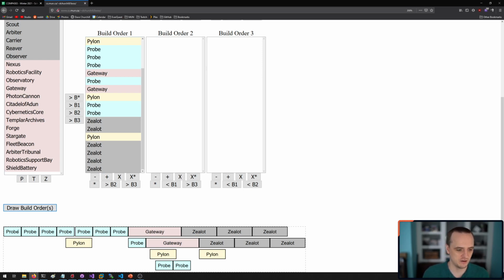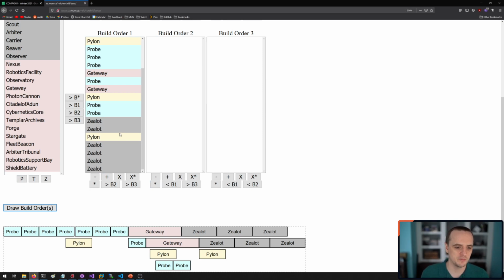And you can see here that going from left to right, I don't have it finished yet, and I don't have the exact seconds or the tick marks on the x-axis yet. But this will show us how long it takes to build those units. And it also shows us the parallelism in the build order, right? So for example, right here at this point in time, you can see that there's a gateway constructing, there's another gateway, there's a pylon, there's a probe, etc.